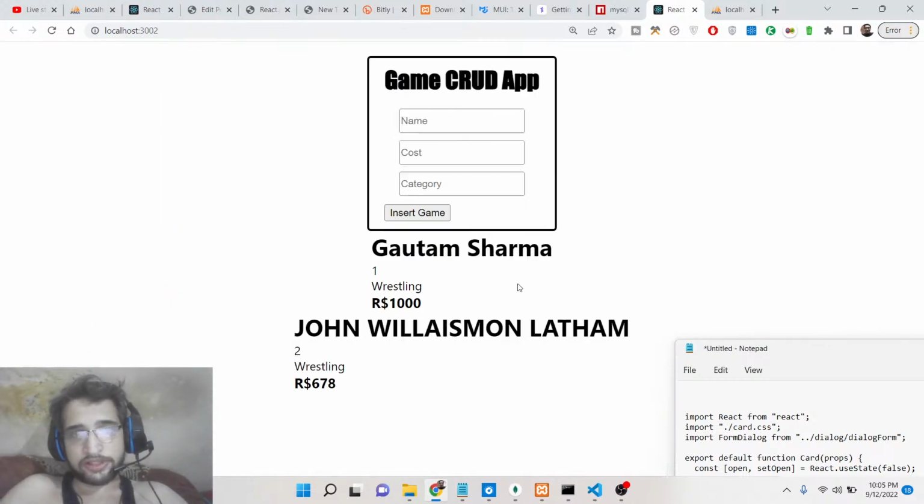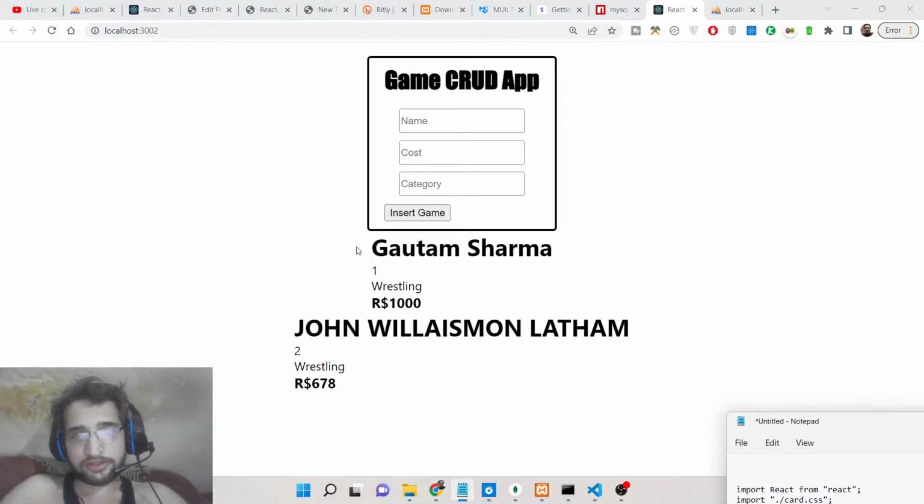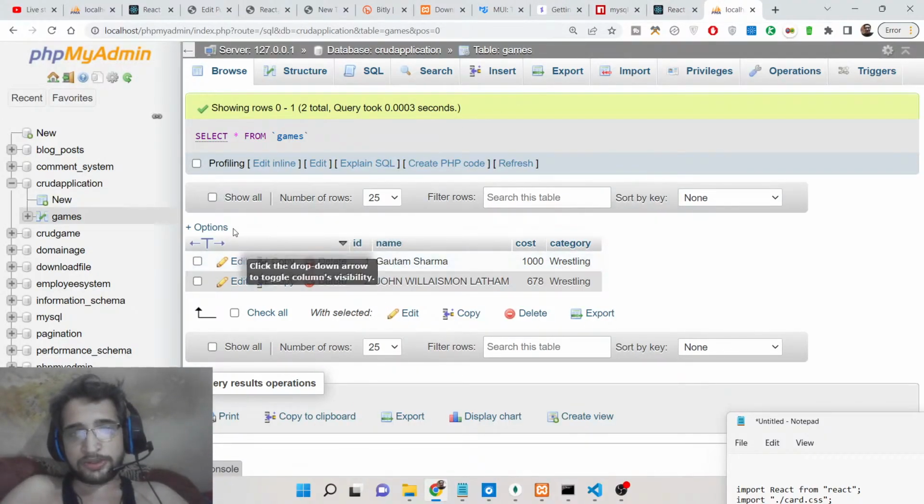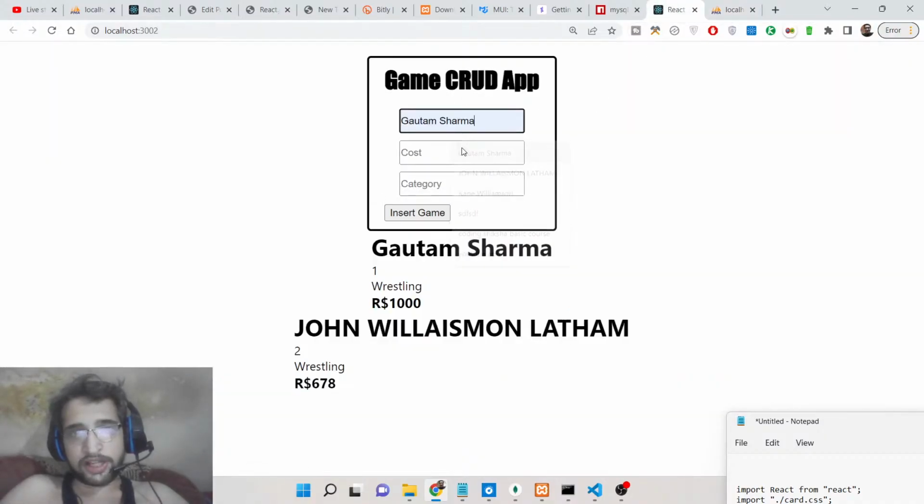And if I again refresh it, so now you can see that guys all the records have been successfully inserted. You can see two records are there, which is first this is a name, ID. You can now see this is a category and this is a cost. If you now see we have two records out there inside our database. So it is successfully printed out. If I add the third one,